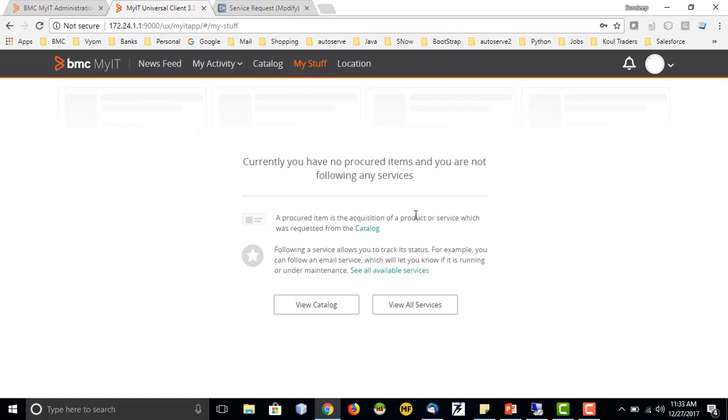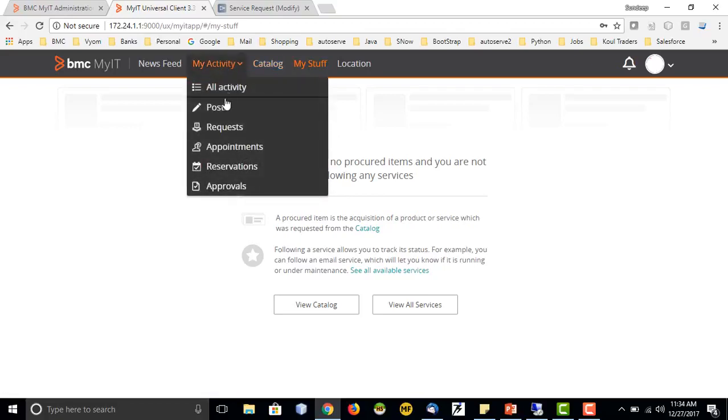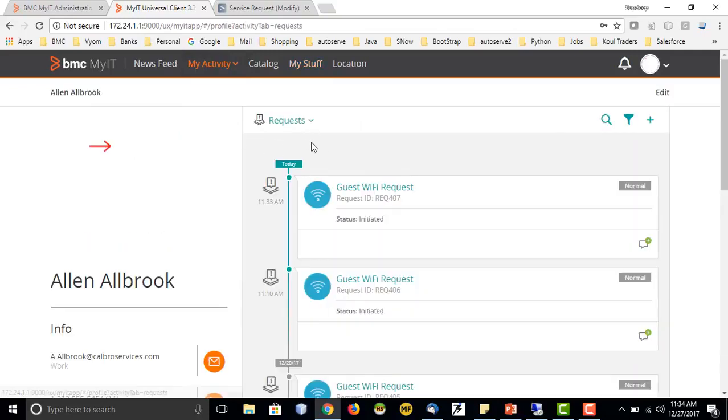So here basically it helps you to provide all the service catalogs which are available for you to use, normally services, but this is not used in places where we do not have the premium MyIT. So let's skip this part. We'll go to the MyIT section and first see the requests. Okay, so as you have seen, this is the first request which is visible. There is guest Wi-Fi request.